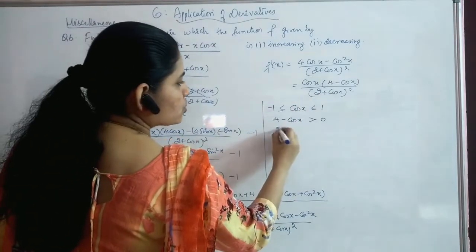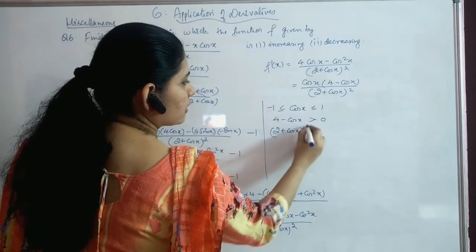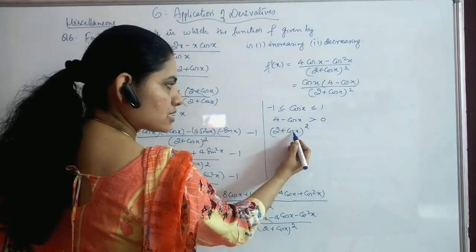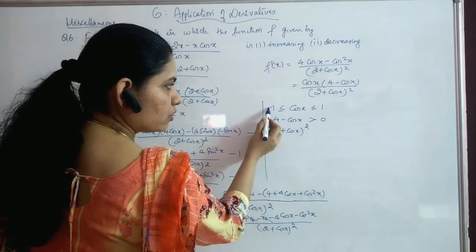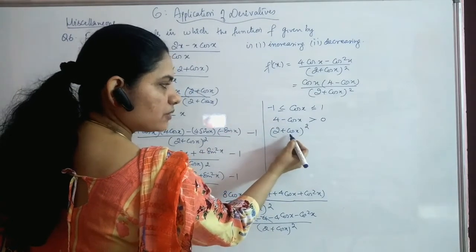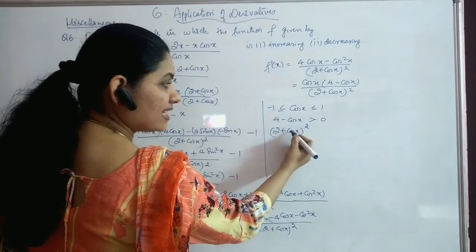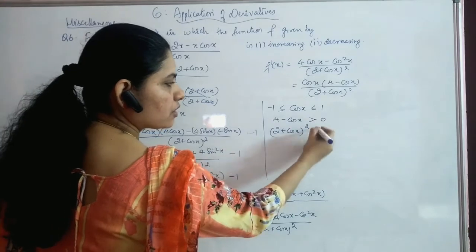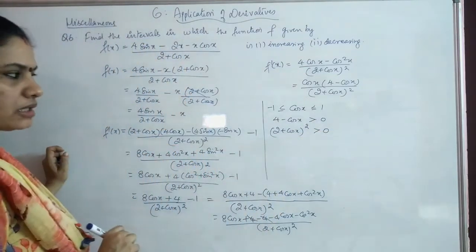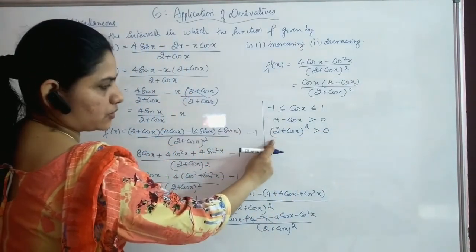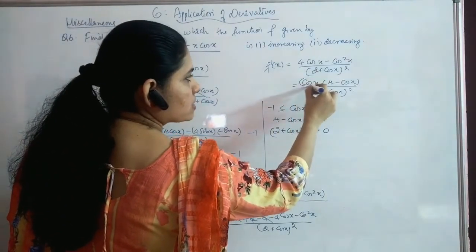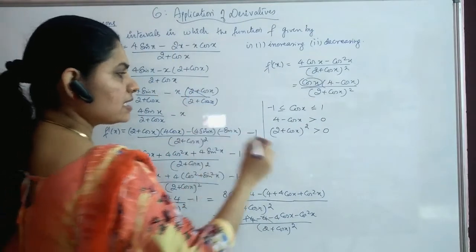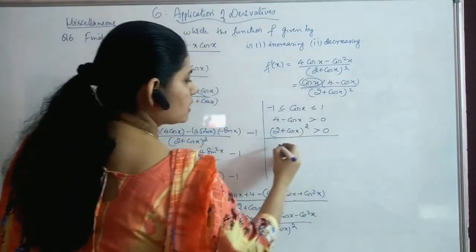And again 2 plus cos x the whole square. So anyway, if cos x is a negative value or a positive value, this total, it can go till this, no? So 2 minus 1 will be giving you 1. So 1 square is positive. Any value which you are getting, the whole square will be giving you the positive thing. So this is positive, this is positive. The only thing which will decide this f dash value is cos x. So we can say that these two will be positive.